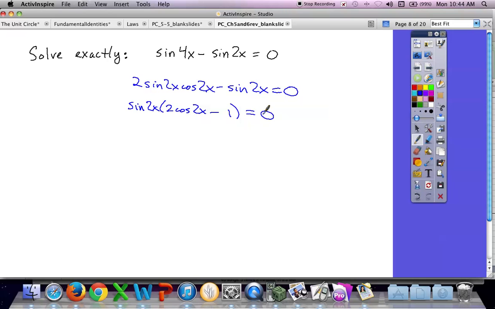What is the next step? What's the reason we factored? So that we could set them equal to 0 separately. We couldn't isolate the trig function here, but for each factor, we'll be able to set it equal to 0, and then we can isolate. So this first one, if sine 2x equals 0,